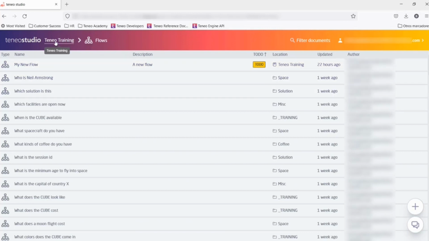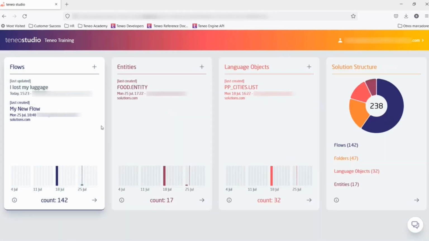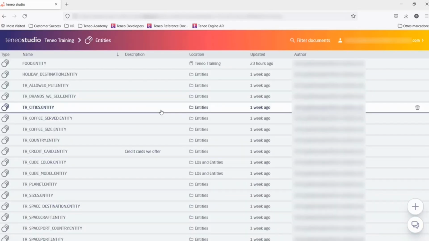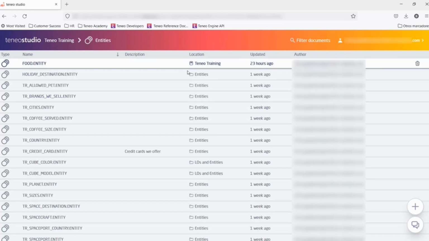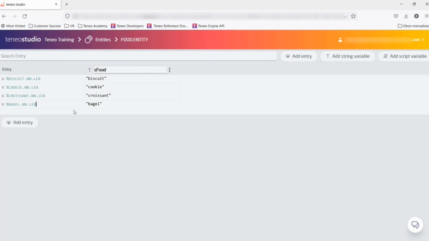I can go back. I can use this sub menu here to navigate. So if I want to go back to my overview, then I click here. It's a menu that appears, and then I could do the same, for instance, for the entities. Go in and see here, what are the entities that I have inside my solution. I can open them, of course. I can click on one of them and go in, and here we can see what an entity looks like